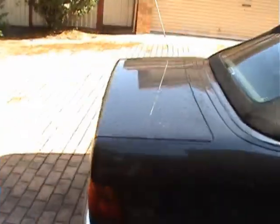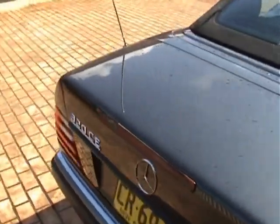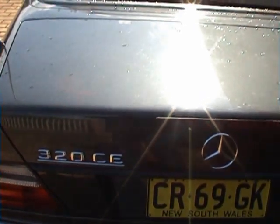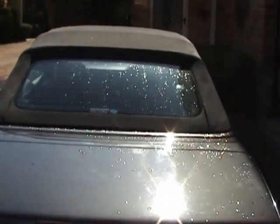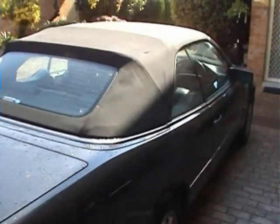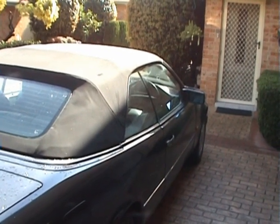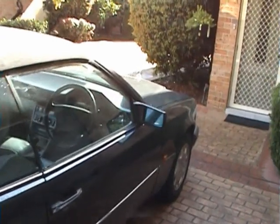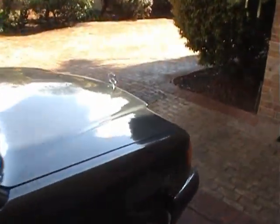And what it is, a 320 CE 1993. The car I got from the European Auto Wreckers, which is up the road, and this car has been sitting